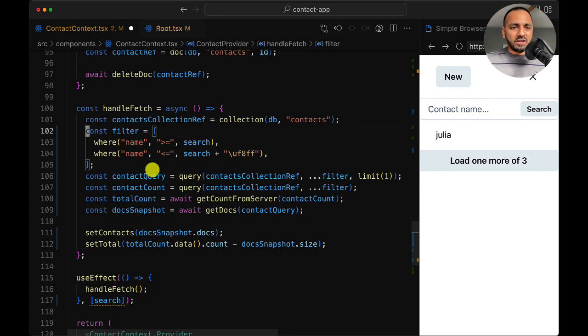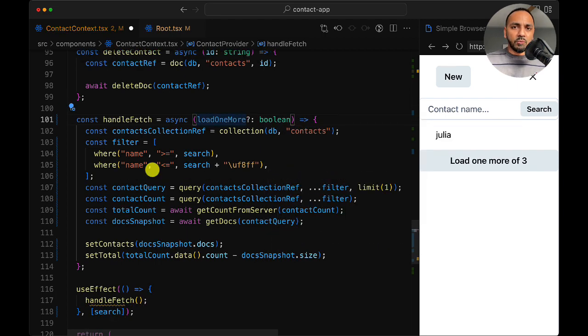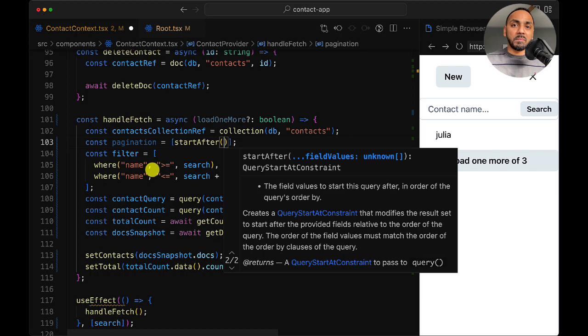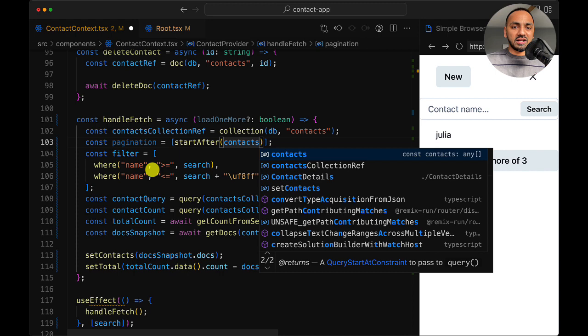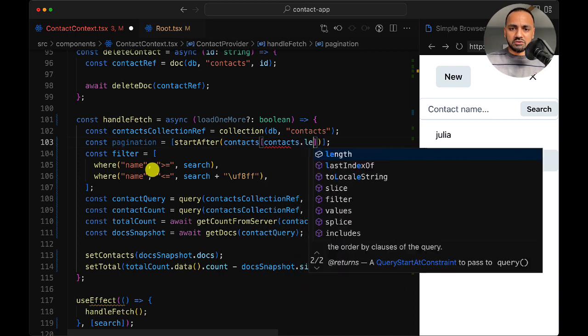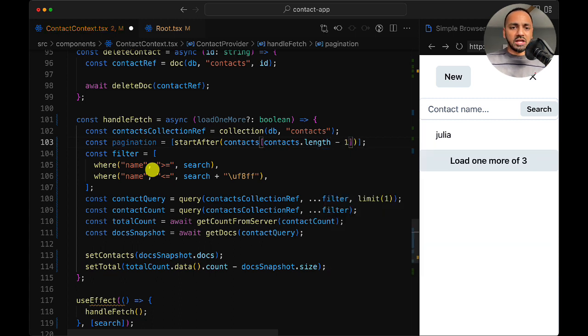So to make that work, I have to accept an optional parameter now, load one more optional parameter, call it Boolean. And when it's set to true, I want to change my query slightly. I will start by creating a new const, call it pagination, which will be an array. And this array would have start after, which is a function from Firestore. And we will have to pass it the last document that we have from Firestore. That's stored in context state, which is an array, and context.length